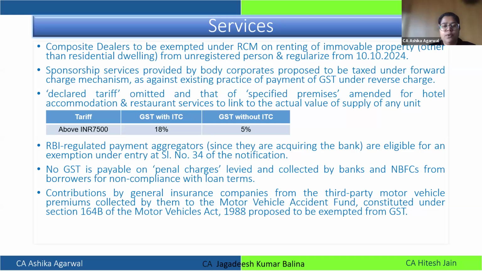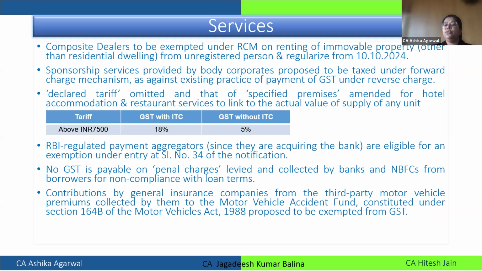Now renting of immovable property. On 18 July 2022, they brought RCM liability, where they said if there is a supply from an unregistered person to a registered person, RCM will be applicable in case of immovable property. Now when they said that, they brought each and everybody under the taxability, irrespective of whether that property you are using for business purpose or residential. The only thing which they want is it should be a supply from unregistered to registered.